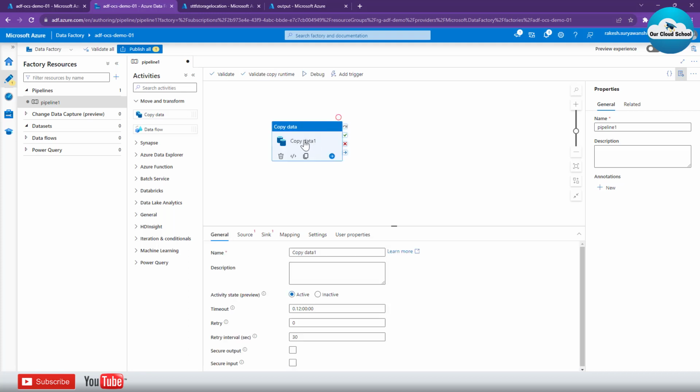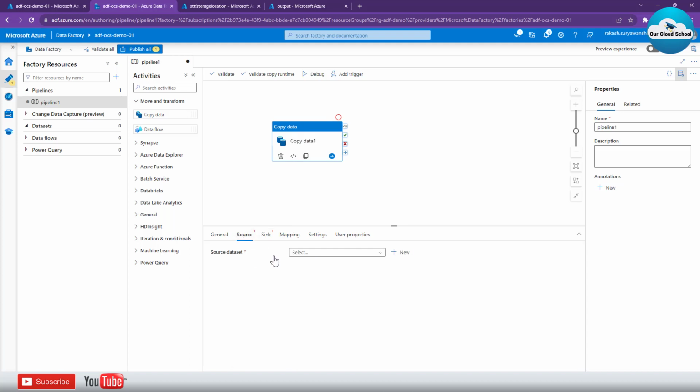Here in the copy data activity, I have to specify the source data set, which will have the information about the location of the source data, for example, where my source storage account is and how it requires to connect. To create a source data set, you can click here, or you can create it right from this section as well. This time let me create a data set from this option. So I'll click new data set,